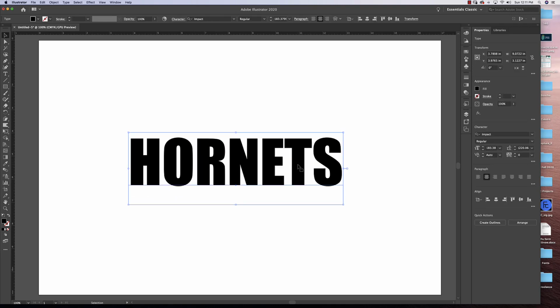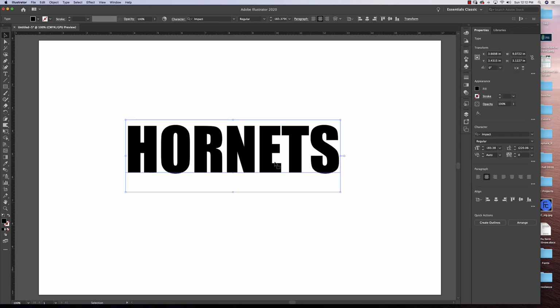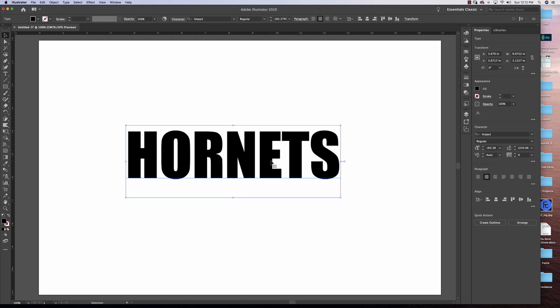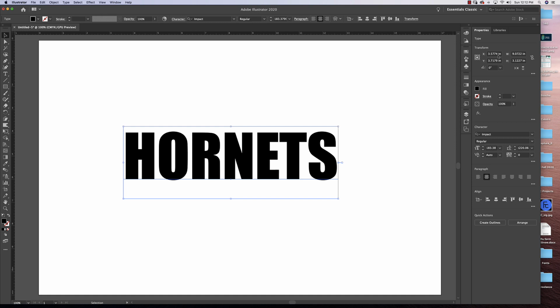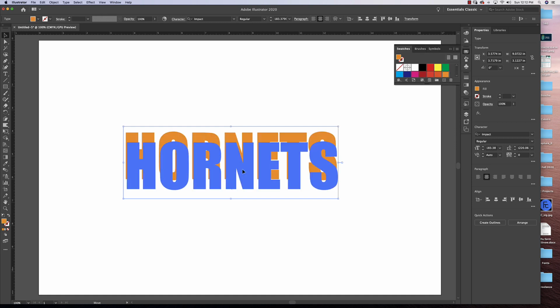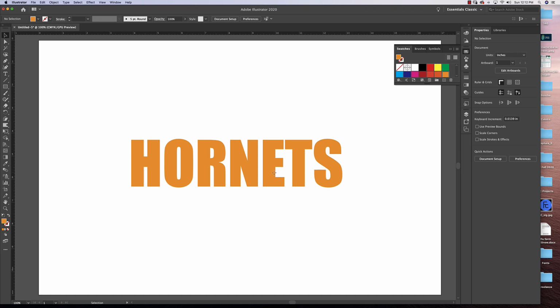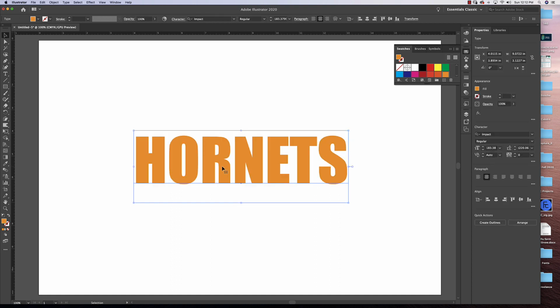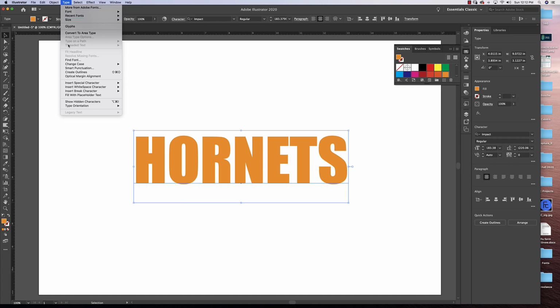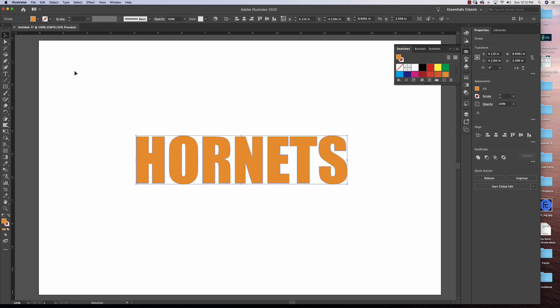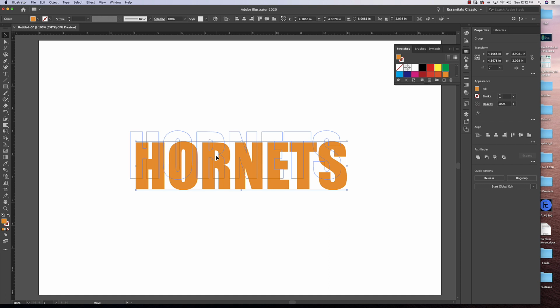For the second 3D option I want to show you, this is something that I think you'll find a little bit more useful as far as working with type on this. And so I've gone ahead and set the type here again for our illustrious athletic teams here. I'm going to select a different color on this because I think it'll be easier to see the effects on here going forward. So I'm going to start with type in this case, and I'm going to go ahead and outline it. So I'm going to take type, come down here, create outlines,